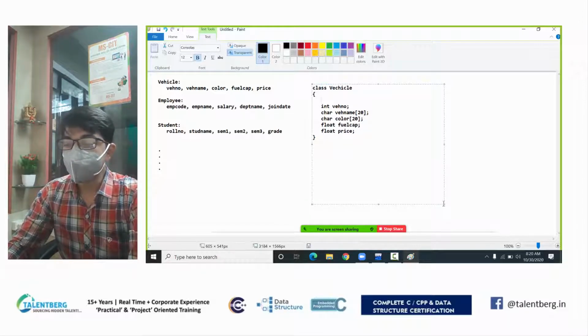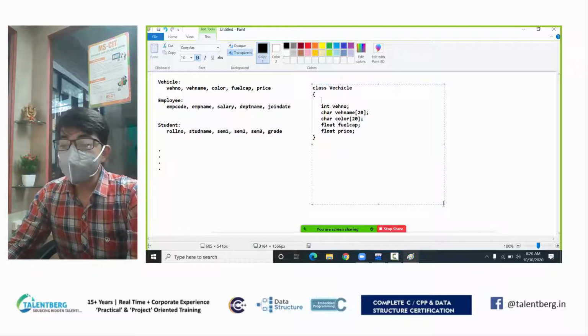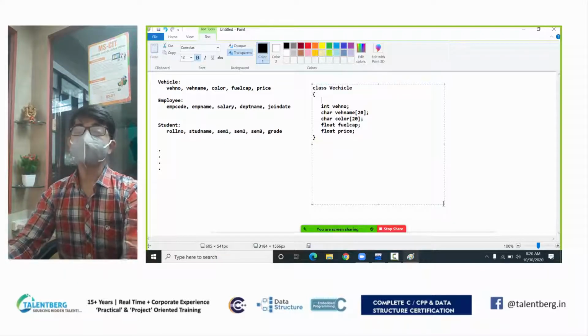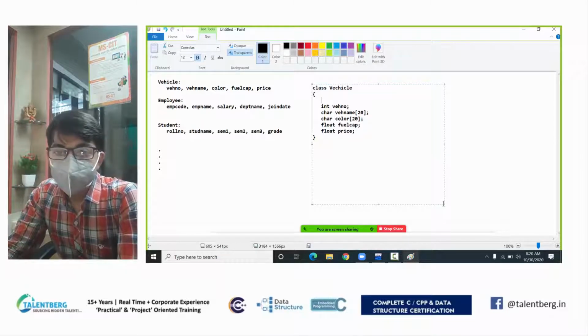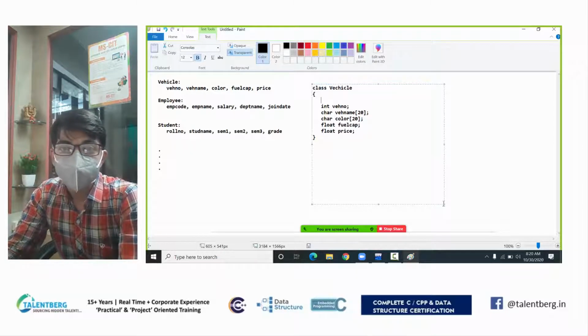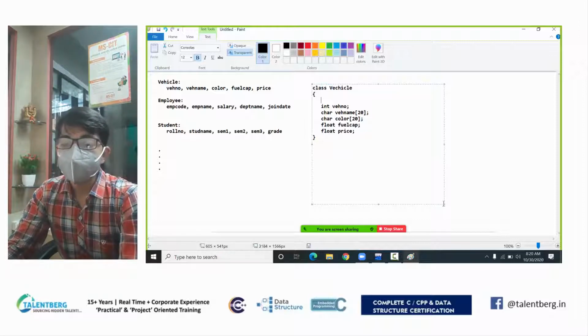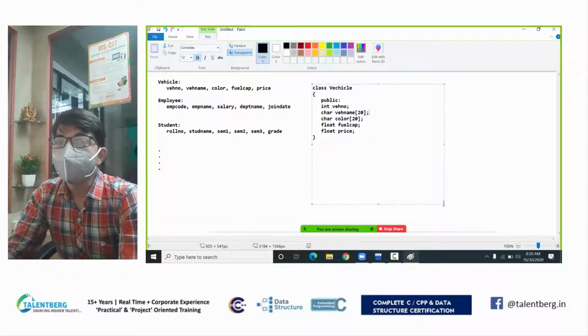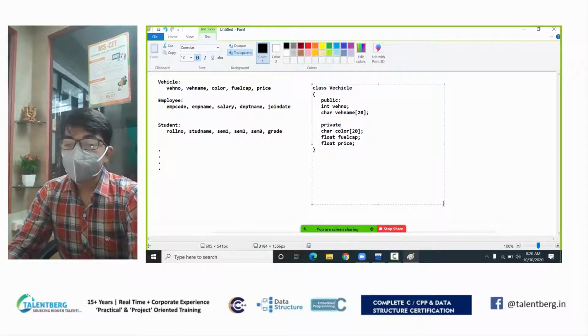But see, only creating variables is not enough in a class. We are discussing object oriented programming, so here is one very best feature called encapsulation. Encapsulation means you protect the privacy of the variables. Let's say I make the visibility of all these declarations throughout the program, so you write a keyword called public. Some variables, let's say I do not want to allow the user to perform read and write operations, so you write such variables as private. After the line private, all declarations are considered private.